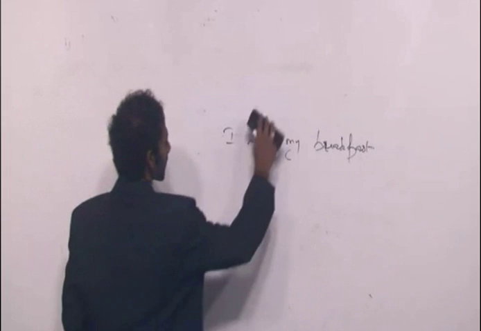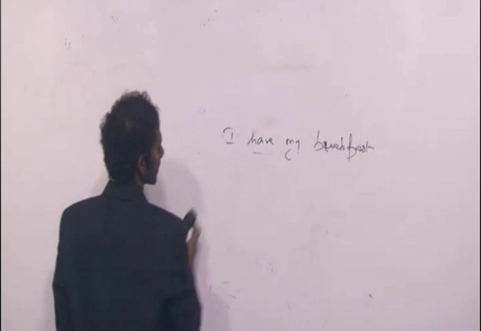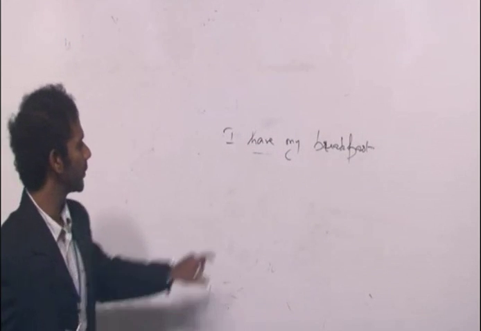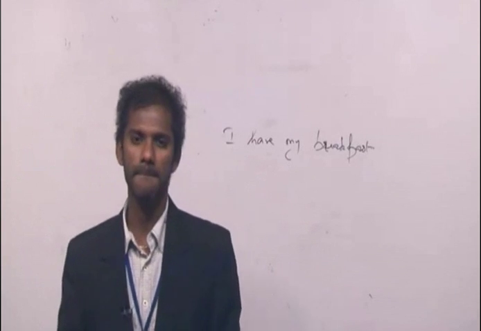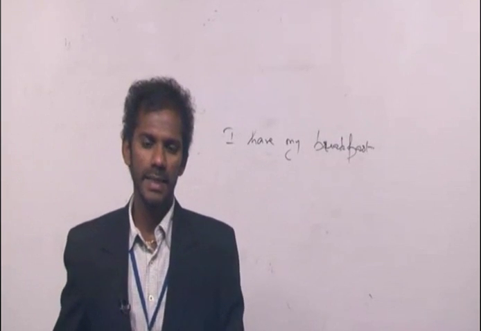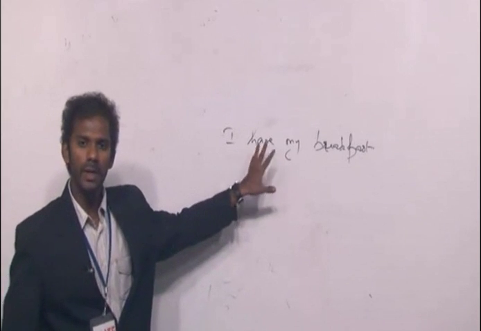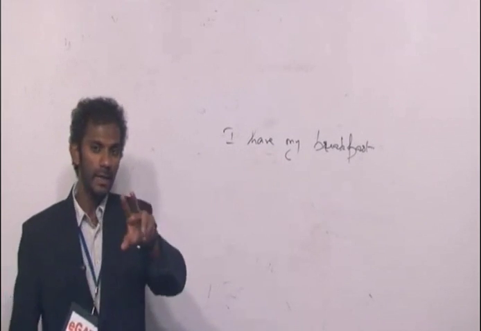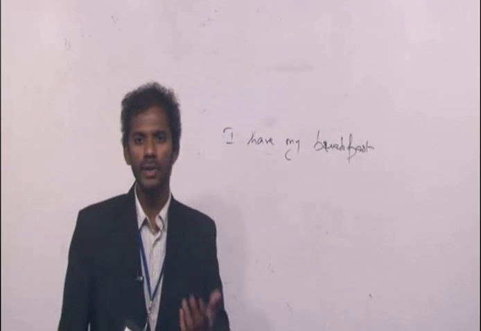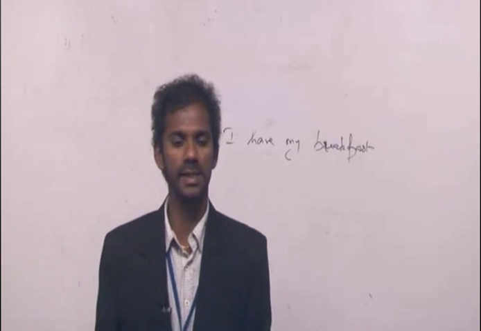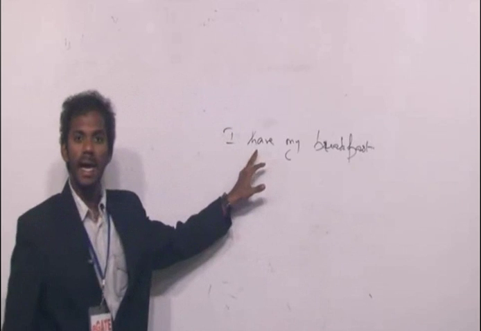I have my breakfast. Now tell me, what is the tense and category of this sentence? Here, in this sentence, is have a main verb or an auxiliary verb? I gave you the rule in detail. How to find out? I just said sometime back as well. How to know whether has, have and had in a sentence are auxiliary verbs or main verbs. Clear? In this sentence, have is a main verb,